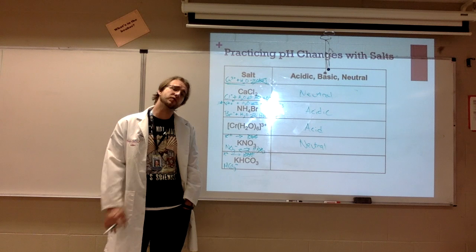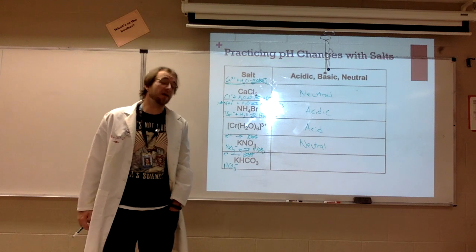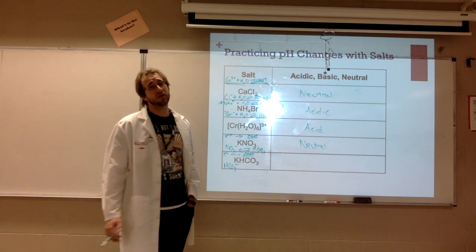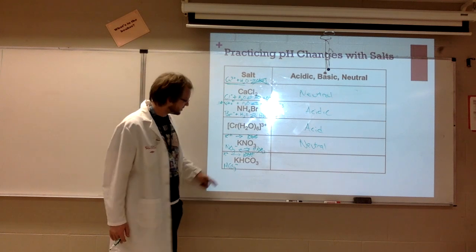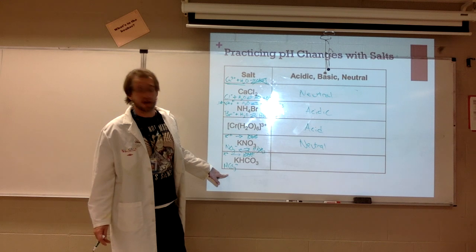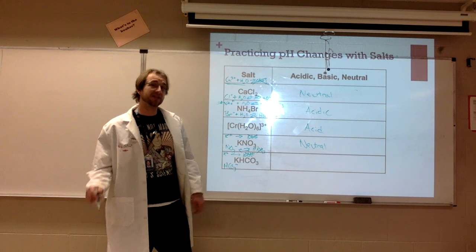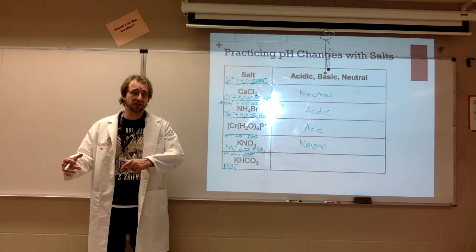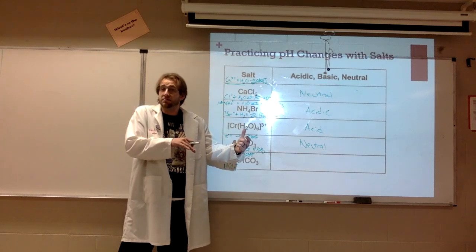We could write this one of 2 ways. It could react with the water to try to form some acid particles. It could react with the water to try to form some base particles. This could both donate or accept a hydrogen. It is amphoteric. If we think about this, though, this is the direct conjugate of a weak acid, which means